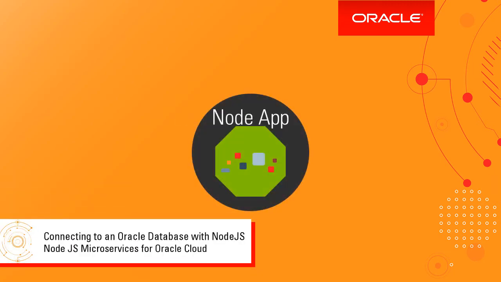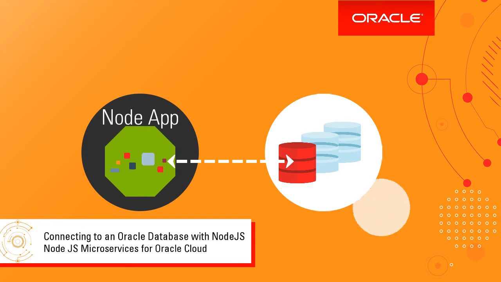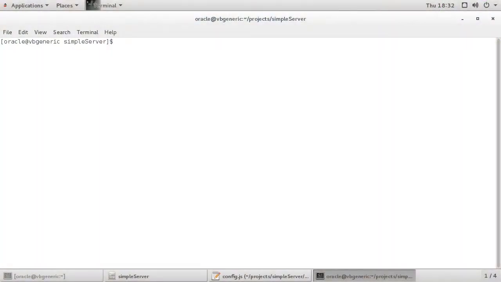In this lesson, I show you how to connect a Node application to an Oracle database. With the database tables ready, it is time to replace the memory data source with a database one. First things first, open a terminal window, go where the project is located, and include the Oracle DB dependency using